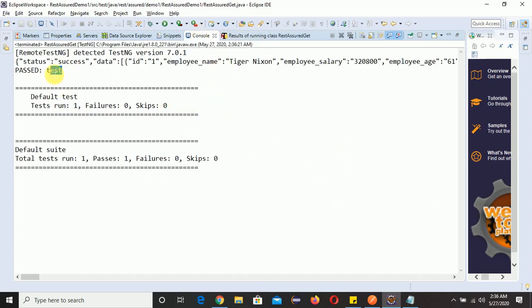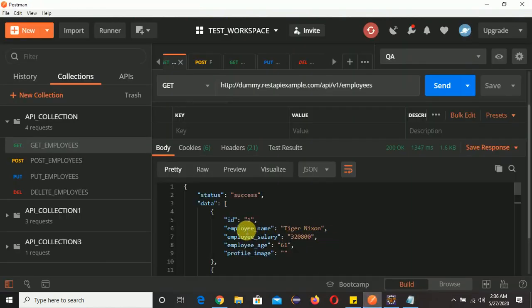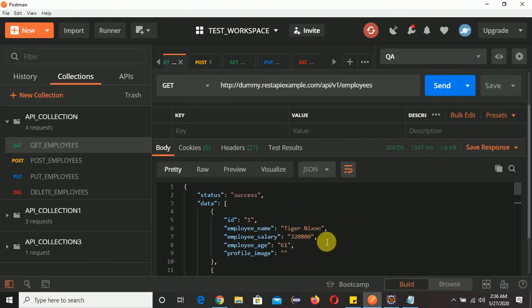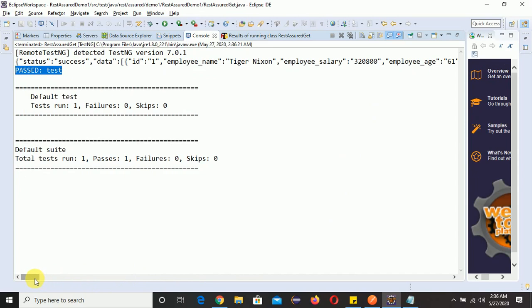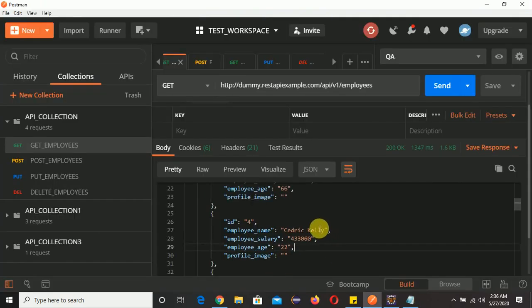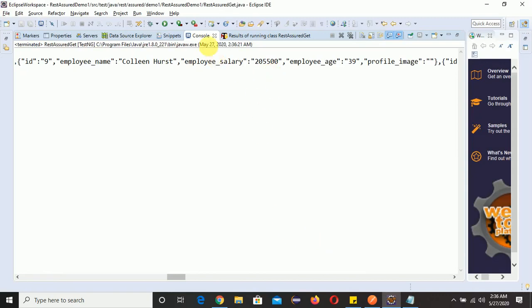You can see here the test got passed and the response body also got printed here, right? You can see status success, data ID 1, employee name Tiger Nixon. You can see in Postman ID 1, employee name Tiger Nixon, employee salary 320800. If you scroll this side, you will get all the details we are getting in Postman. Same thing you will get in Rest Assured, right?